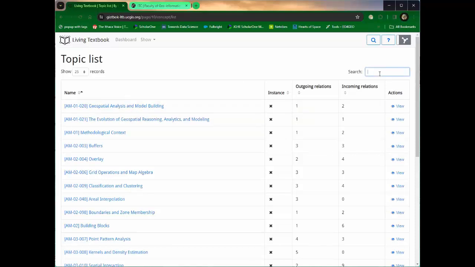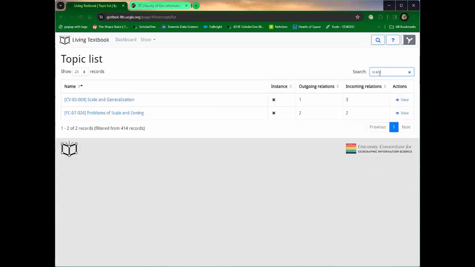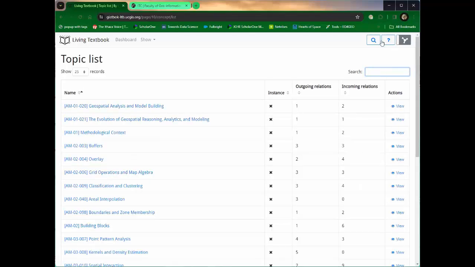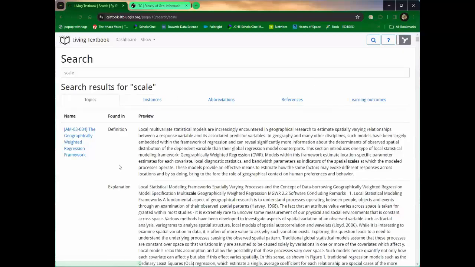If we start searching, for example, on any term like, let's try scale again, what will come up with this particular search is when scale is part of the name of any of the topics. We have another search option up here, which is more comprehensive. And here we search for scale. Once it returns, we will find places where scale appears anywhere within the topic itself. We don't have instances or abbreviations yet